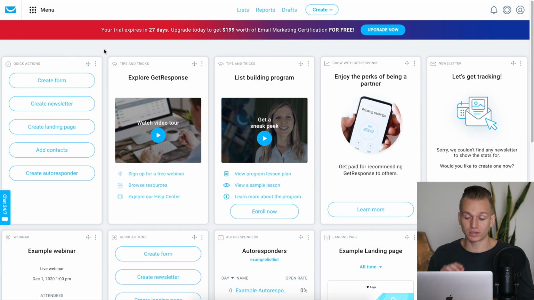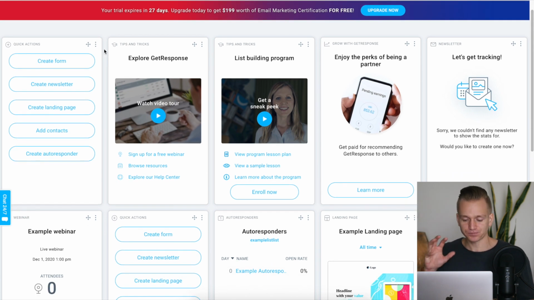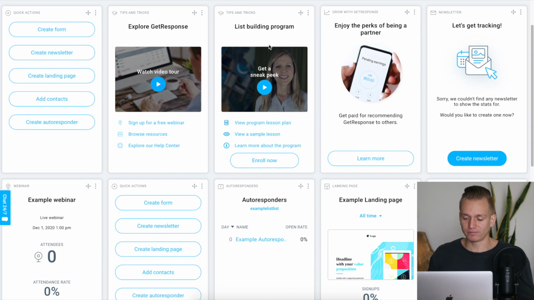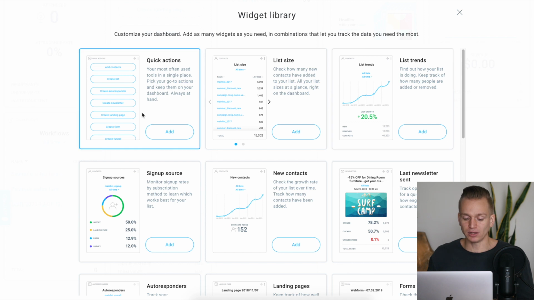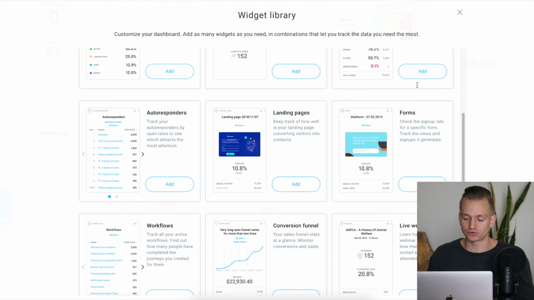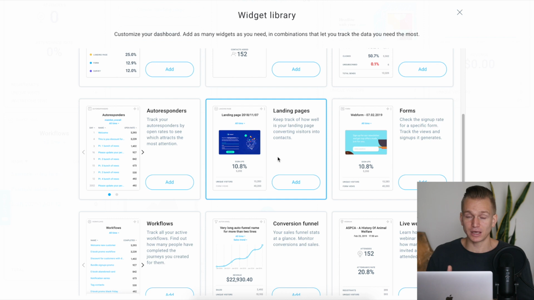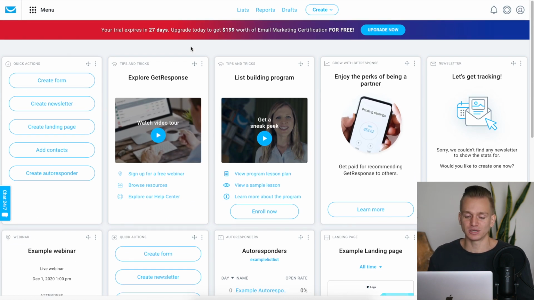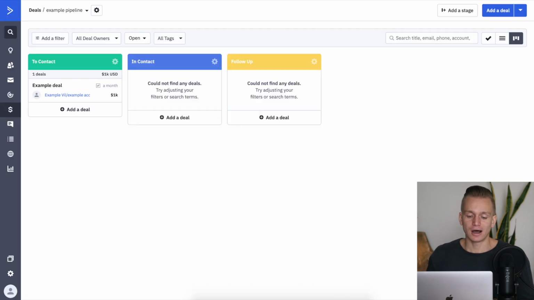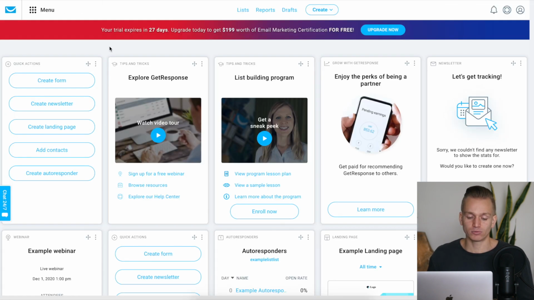And one thing to mention as well, what I really like about GetResponse is that on the main page, they have all of these different sections. And in here you have this button where you can add your own widgets. So you can really customize this. And let's say if you really care about your list size or how your list is performing, what the trends are, or you care about a specific landing page and how that landing page is performing, you can add all of those things here on the home page, so you can easily see it and you can customize. So that's one nice feature that I really like about GetResponse. But other than that, I would say both of them are very user-friendly, and they do have really good user